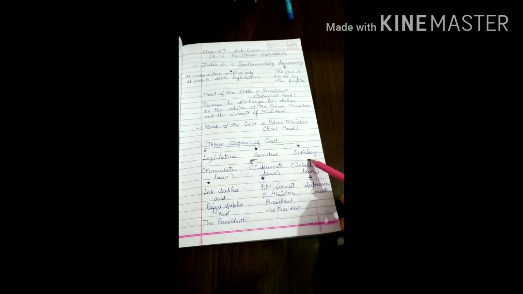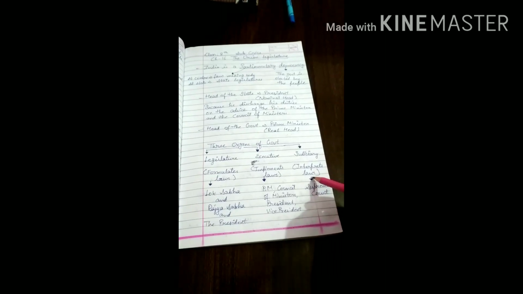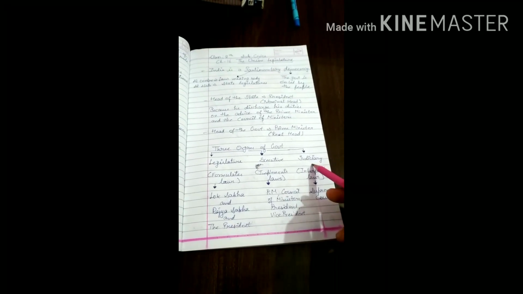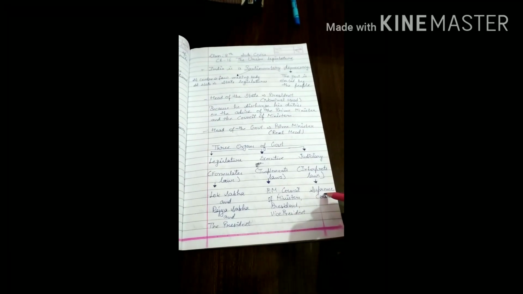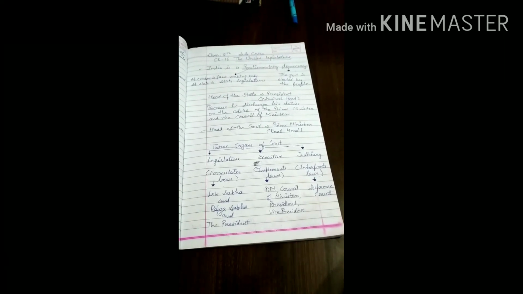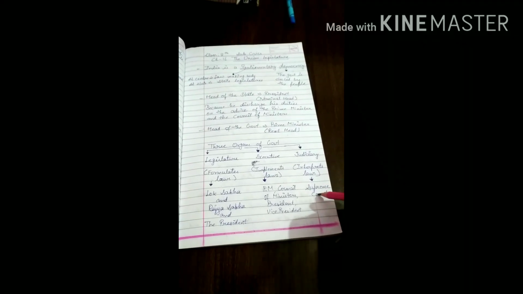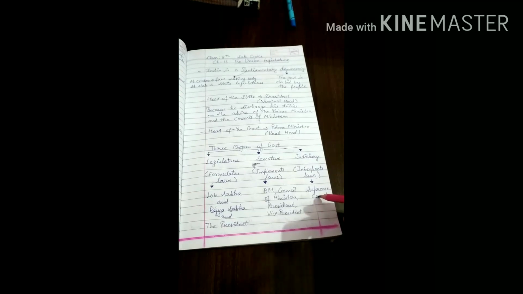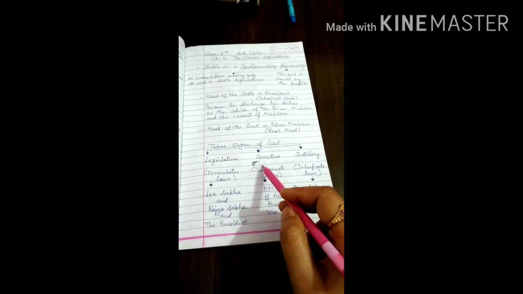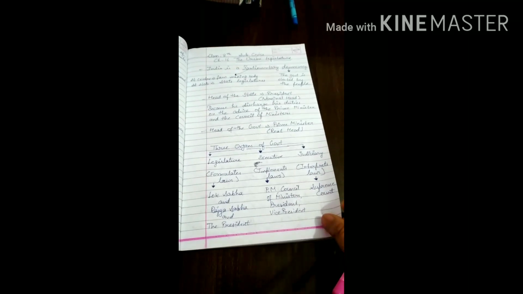Third organ is the judiciary. The judiciary interprets the law, defines the law, and describes the law clearly to the citizens. At the central level we have one Supreme Court, located at Delhi, and at the state level we have the High Court. At the district level we have various subordinate courts. In this chapter we read about the legislature, and the executive and judiciary are the next chapters of your syllabus.